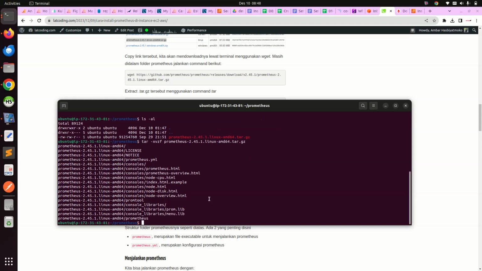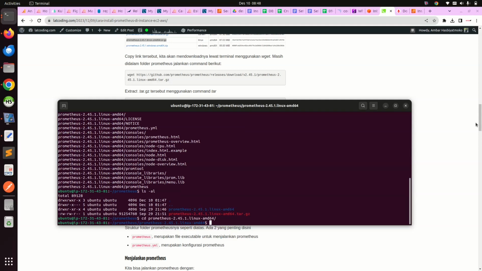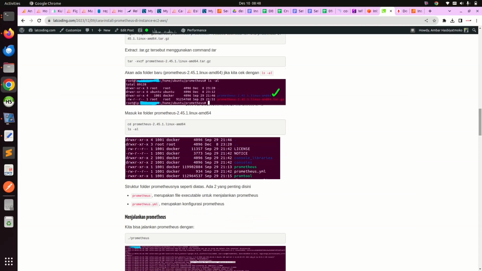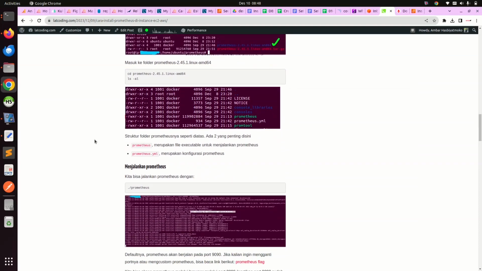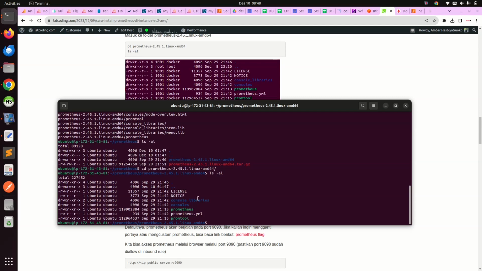Once the file is extracted, you will see the new folder here. Enter the folder, and there are some files and folders.